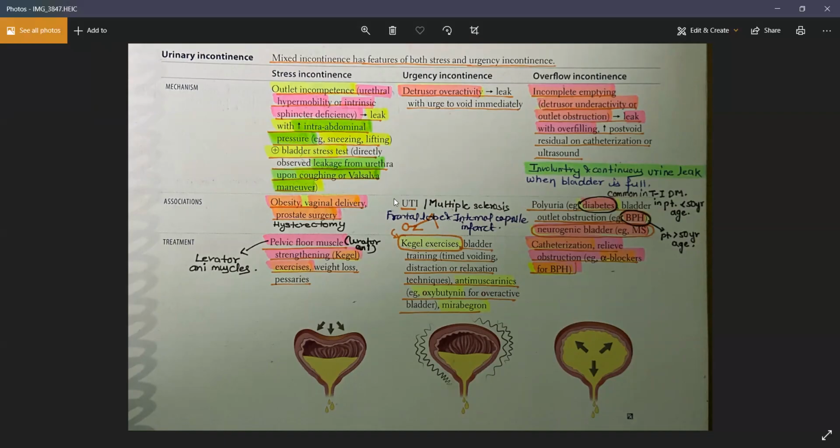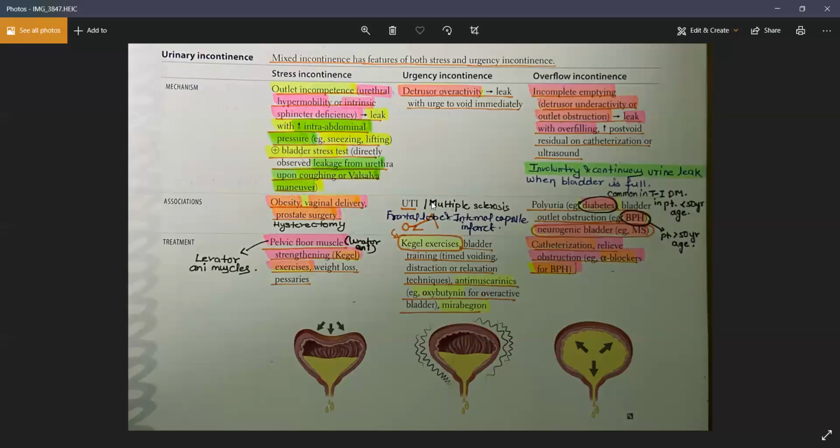In a UTI, the patient will have an increase in the frequency of urine. They will have urgency, so they will get a sudden urge for micturition, with an increase in frequency, many times in a day. So these are the basic symptoms of a UTI: frequency and urgency, and dysuria, of course, is present.